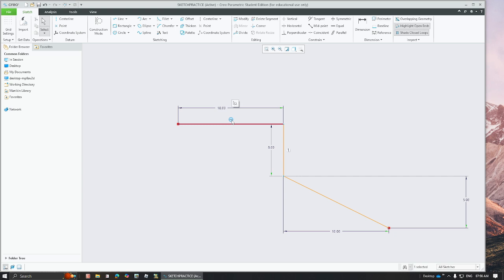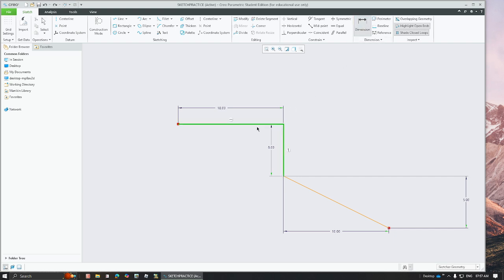So this is a horizontal constraint, you can just select it and delete it. Once you do that, you can see an additional angle dimension will appear, and you will also be able to change this angle the way you want. Let me undo this, and if you try to create an